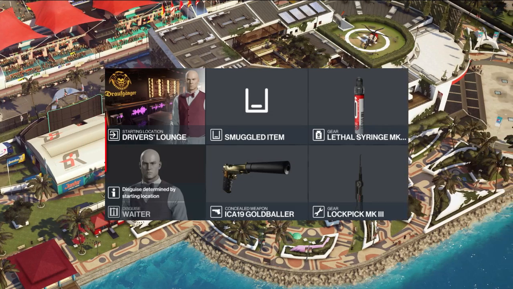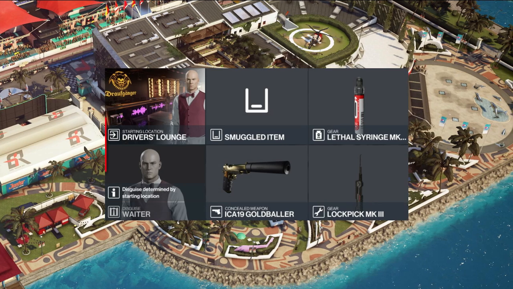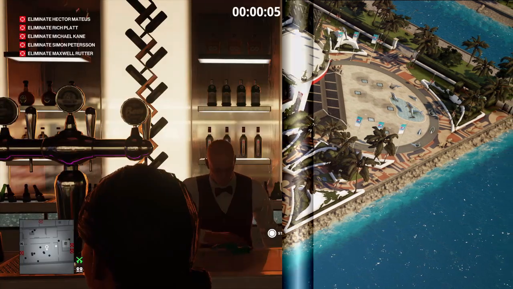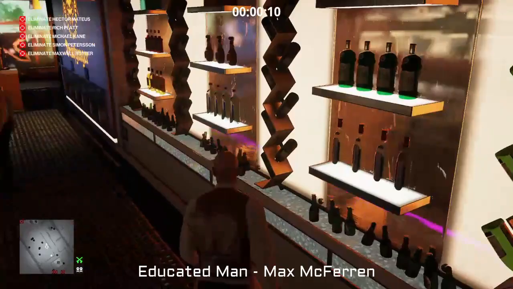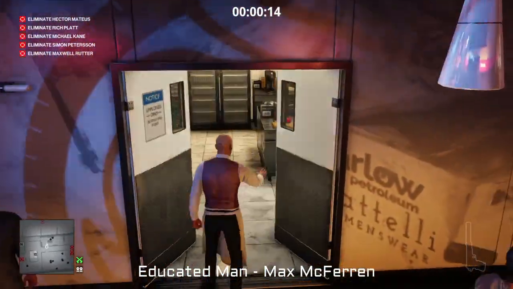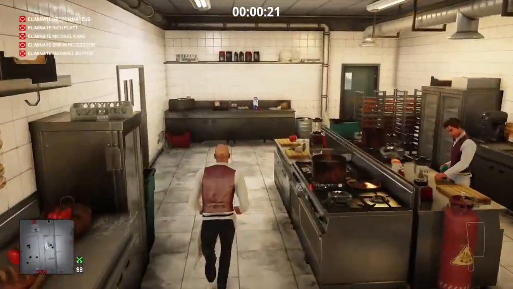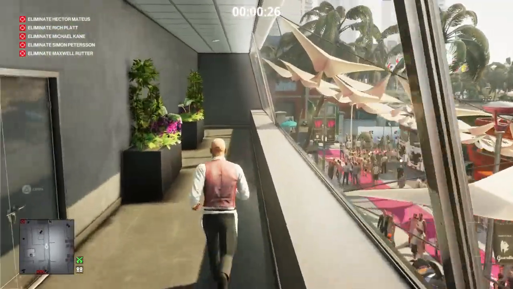So for our first challenge, we'll be starting as the waiter. We'll be bringing with us a lethal syringe, a lockpick, and a silenced pistol. So right from the start, we are going to make our way straight out of the bar and into the kitchen. And in here we have a number of sharp objects we can retrieve. I'm going to go for the cleaver, and then we're going to head down the outer corridor here and towards